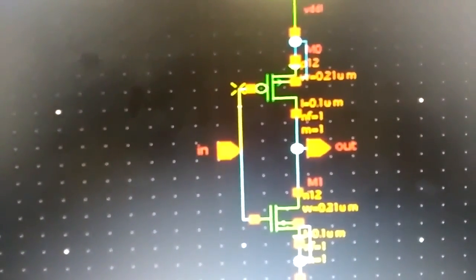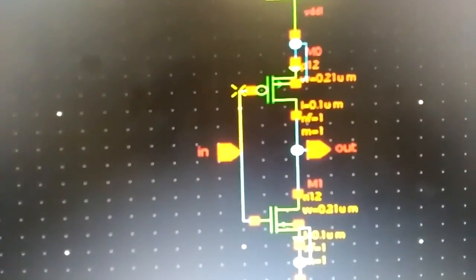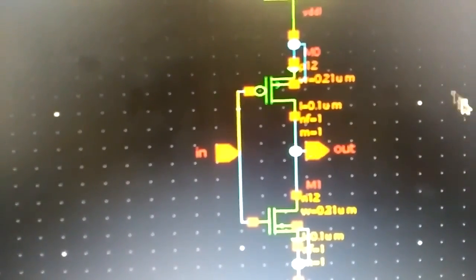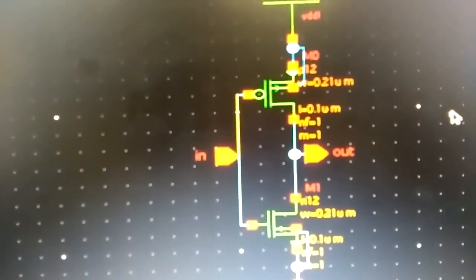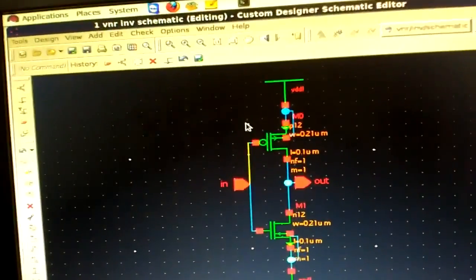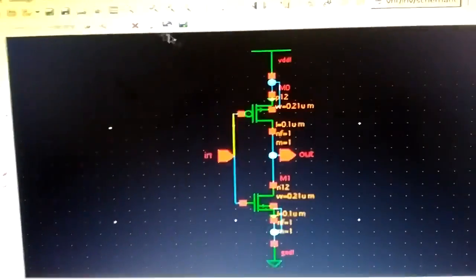Okay, now you check and save. Now you don't have any error. So now it's done. Now we are done with our schematic. Now we have to go for the symbol. Now to create the symbol, we have to go to design,